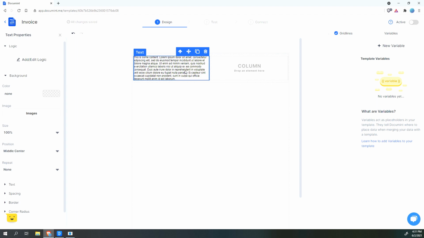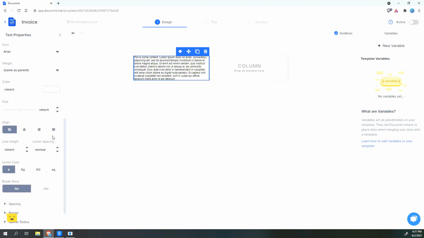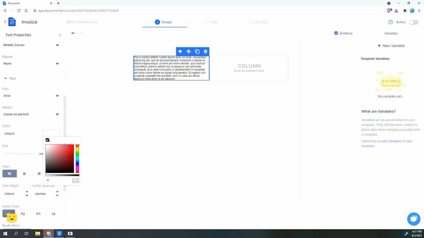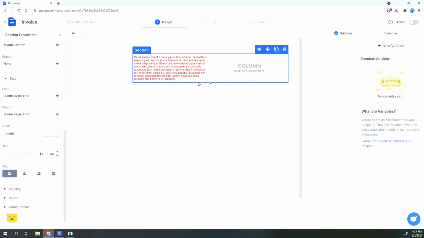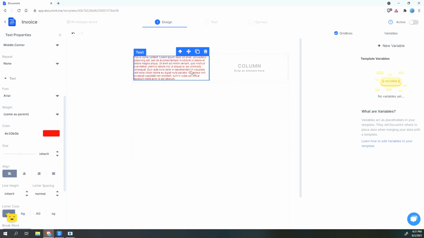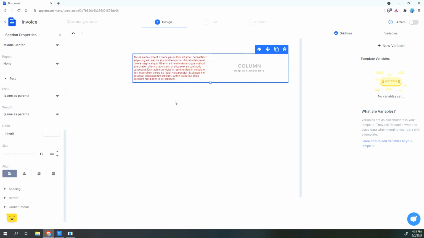Now to change the properties, select the element, and here's where we can control the different properties of the element. If you want to change the text color, that's under text, so on and so forth. So something important to note about these properties is they're inherited from their parent element. And what that means is, in this case, if we were to select a section, right now we've set this text to red, but if we were to set the text color of the entire section to blue, for instance,